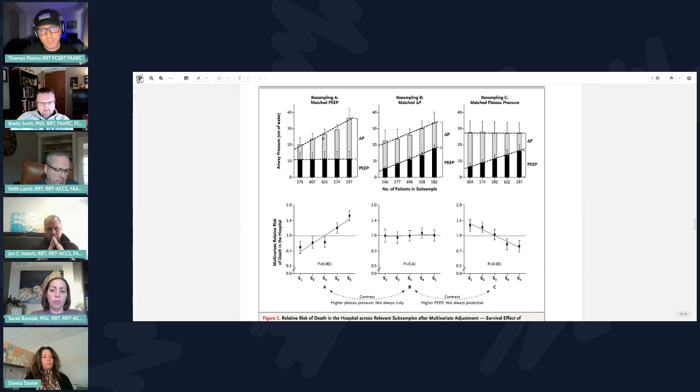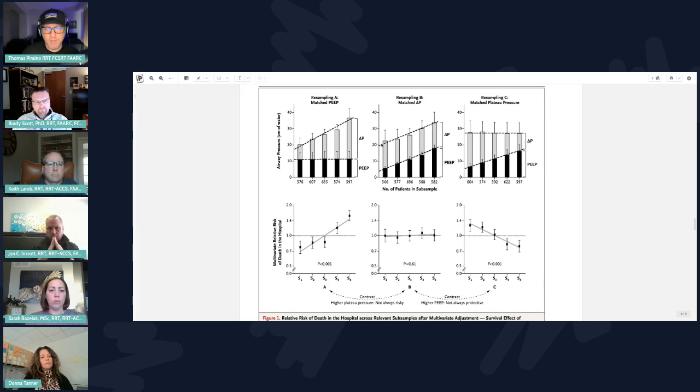But if you want to talk about plateau, if you move over here, you see these are patients all with the exact same plateau pressure, with various levels of PEEP. So these patients are on a higher level of PEEP with the same plateau. And of course, if you have the same plateau as this patient, but you're on higher PEEP, your driving pressure is less. And patients with lower driving pressure, even if they all have the exact same plateau pressure, have a reduced mortality compared to patients that have the same plateau on a lower PEEP level, again with a high driving pressure, meaning a worse outcome here.